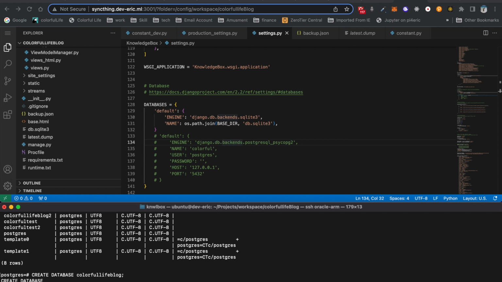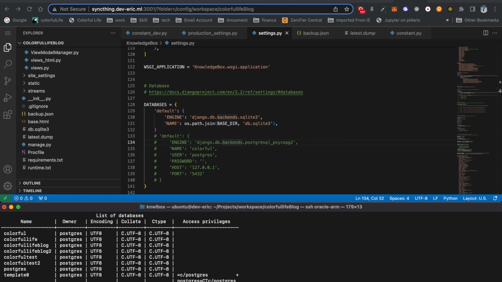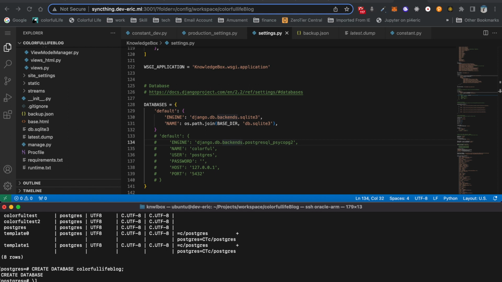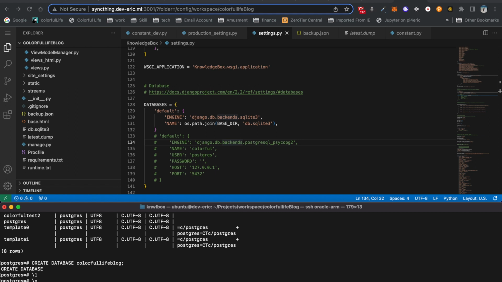Okay, create it, and then we just use \l to check again if it is created. Yes, it has been created, and then we can get out of the CLI by \q, and now we have the database. We need to set up